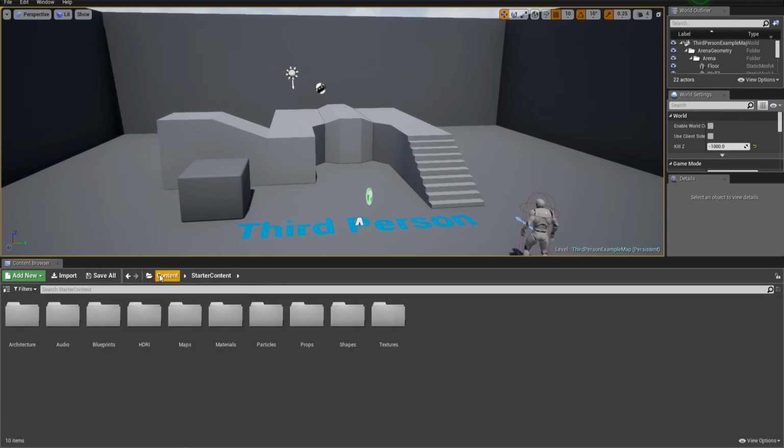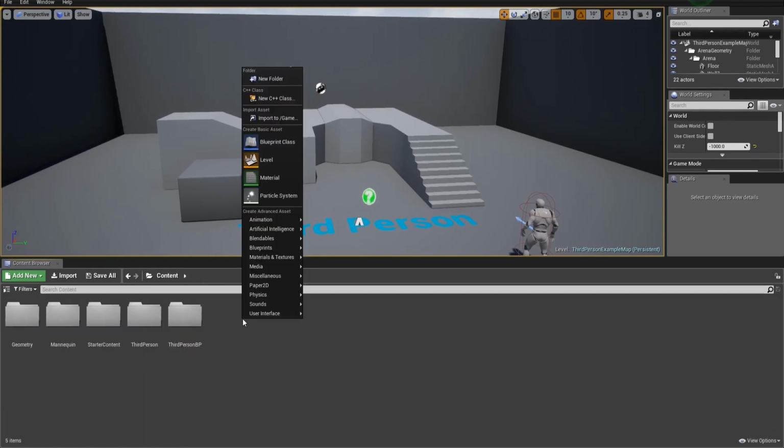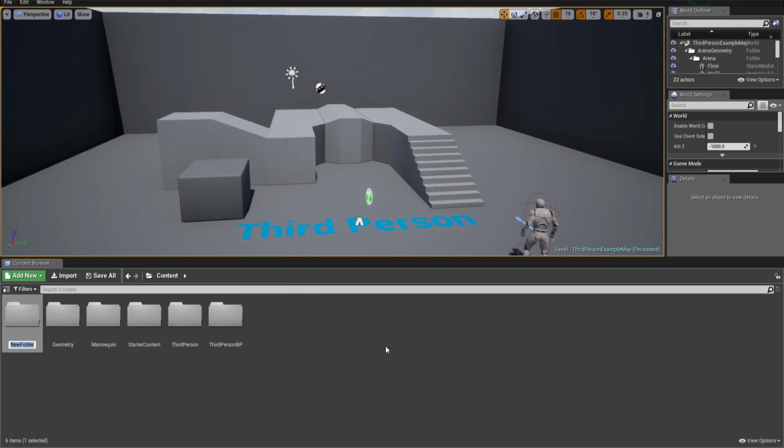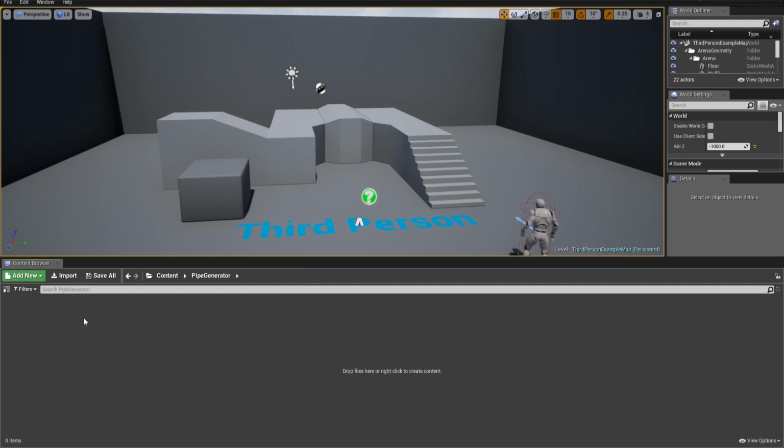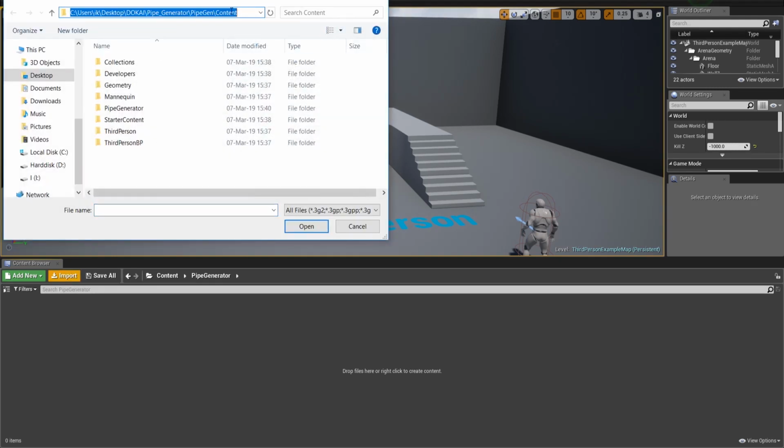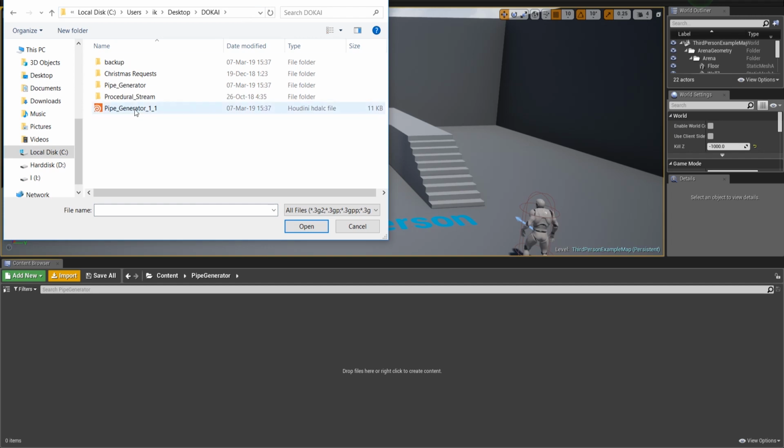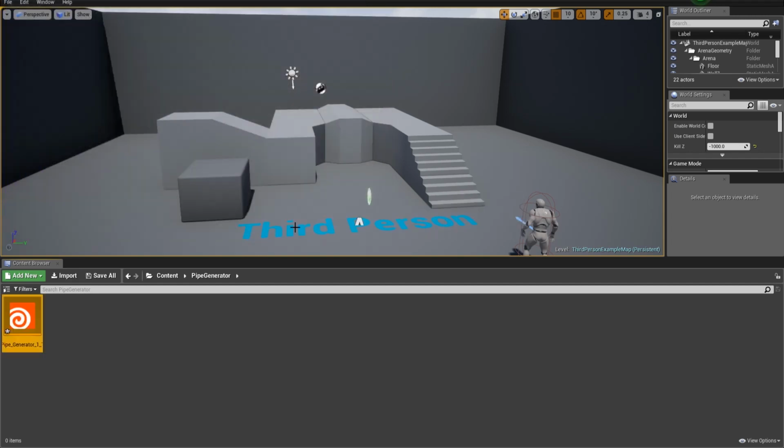But for now, in our content, I'm going to start, and I'm going to create a new folder, and this folder I'm going to call pipe generator. Hit apply. I'm going to dive in, and I'm going to import. I'm going to find where that one is located. You can see my digital asset. Hit open. It's going to import it in there, and then when I drag it into the scene, what it